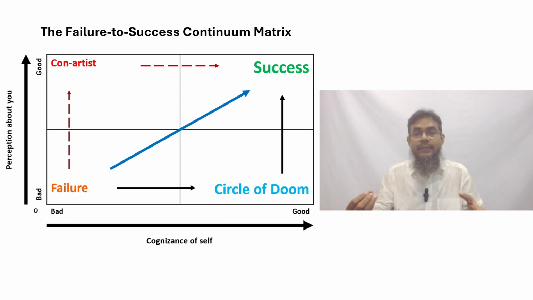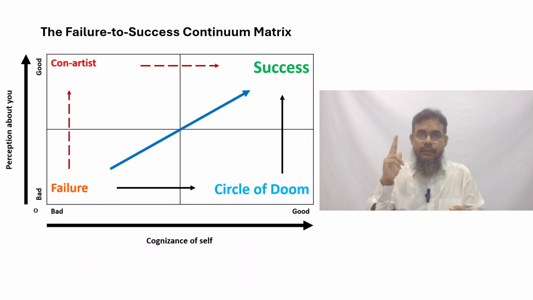If you don't showcase, you are going to be perennially trapped in what I refer to as the circle of doom. We can also call it the cycle of doom, but it's a circle of doom. From there, you can actually come out. So, suppose you think of a stone attached to a string and you circle it. If the string were to snap, then the stone is no more held by that force and it shoots. So that is where we want to reach success.